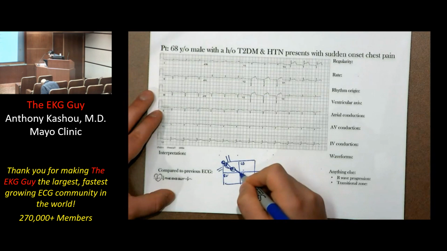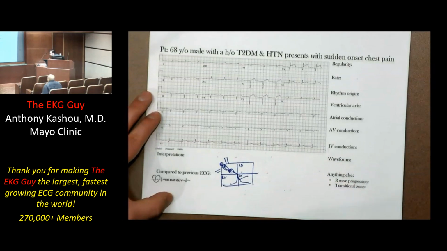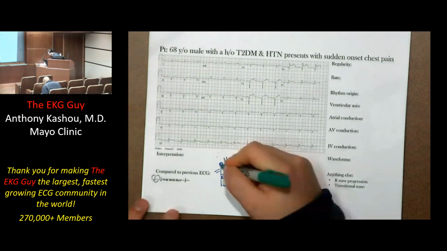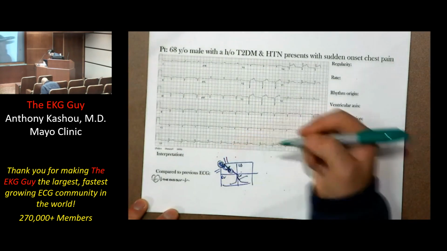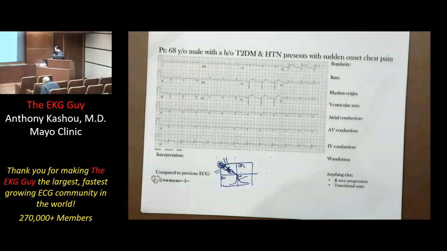So here's our AV node. His bundle splits into a right bundle branch, then left bundle branch, which then goes into a left anterior and posterior fascicle. Then we have our ventricular Purkinje fibers and the cardiomyocytes. So when we say we have sinus rhythm, we're saying that it's starting from up here. And you can see that the main vector is heading in this direction. There's also a Bachmann bundle that comes to the left side, but most of the conduction is